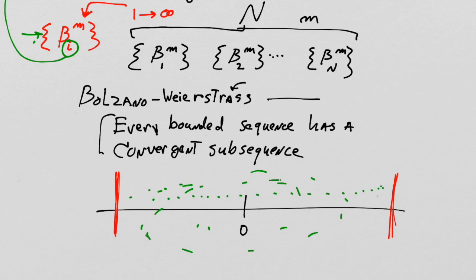The sequence can go, I guess each of these points would be called, say, xn, right? The value of xn and how they move between these bounds, between different values of n, really doesn't even matter. In fact, that's sort of the point of the theorem. As long as this is, let's consider just an infinite sequence for now, right? If this is an infinite sequence, and it goes on forever and ever,